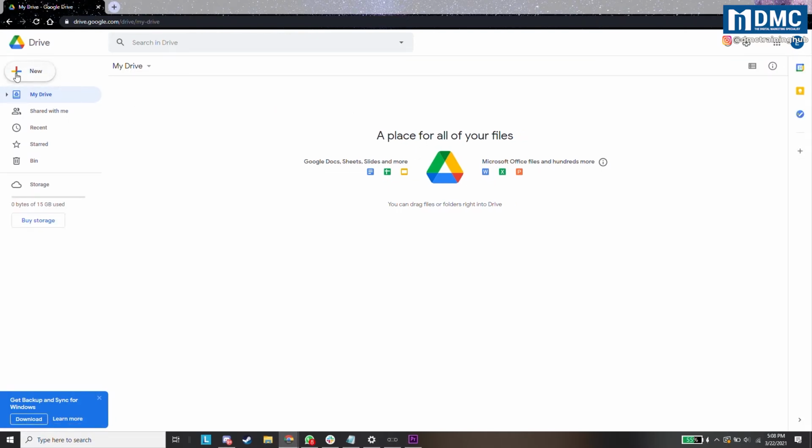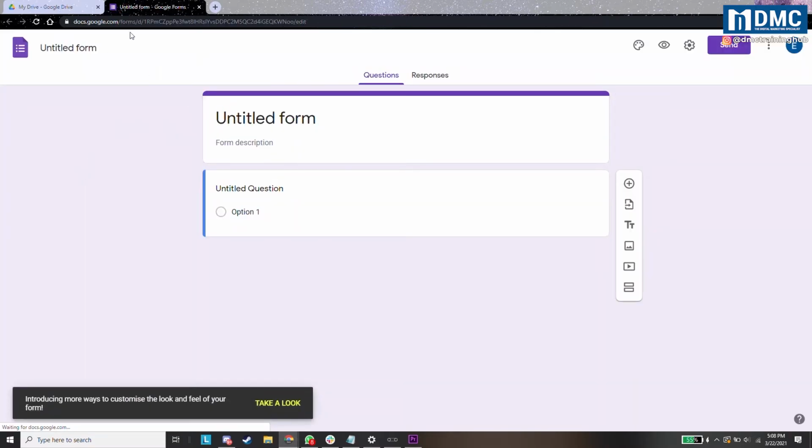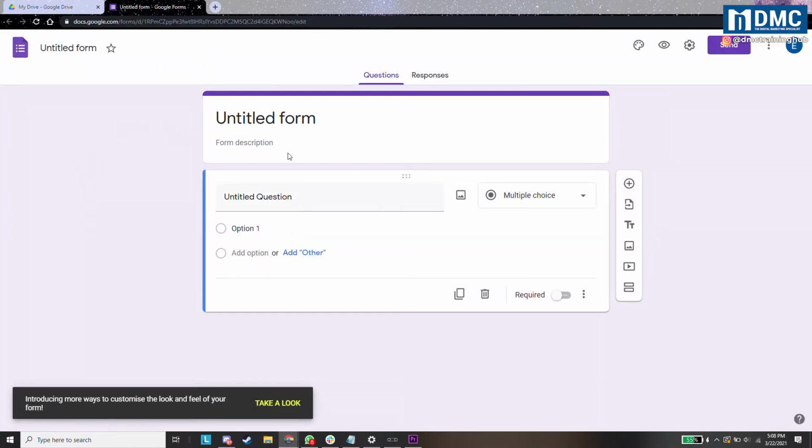Okay, and then what you want to do is click on this new plus button. It will create, and then you can see there's an option here. There is the Google Forms option. Alright, so as you can see, the Google Form is already created automatically for you, and after you have to